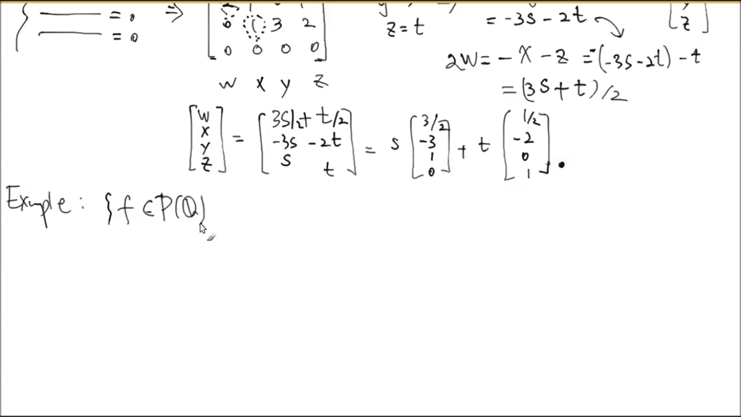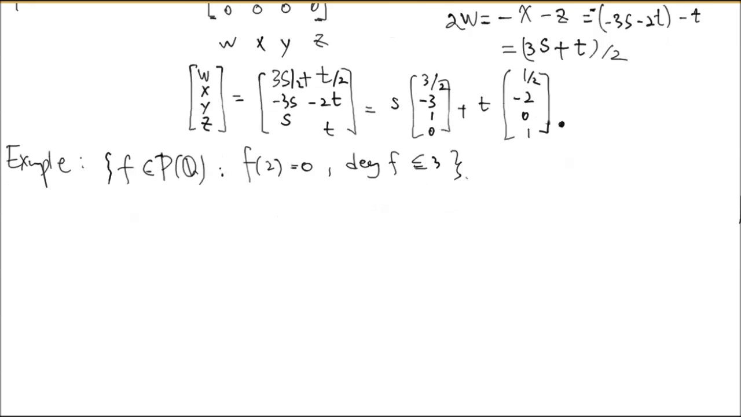Polynomial with a q coefficient. Let's say f of 2 is 0, and the degree of f is less than or equal to 3, right? Any idea how to approach it? Number one idea, I think, is